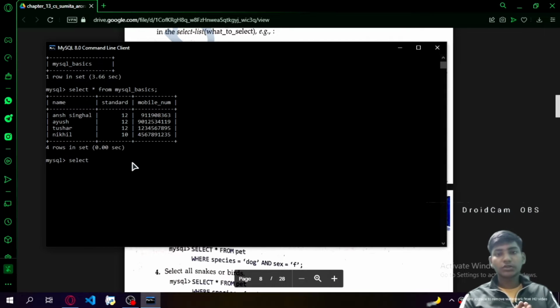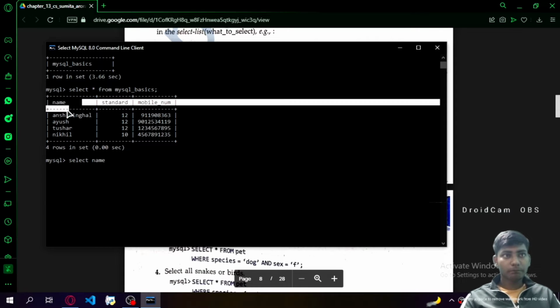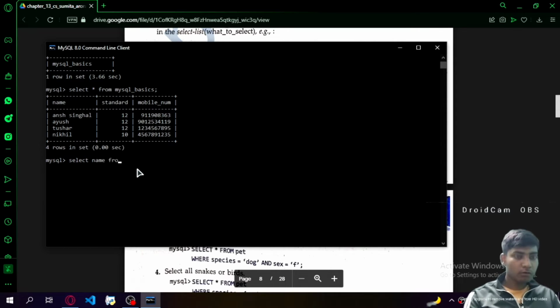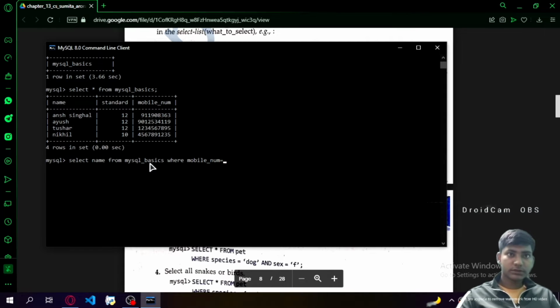If I want to select name only, so select name, the column name, select name from MySQL basics, then the condition where mobile num equals to this,